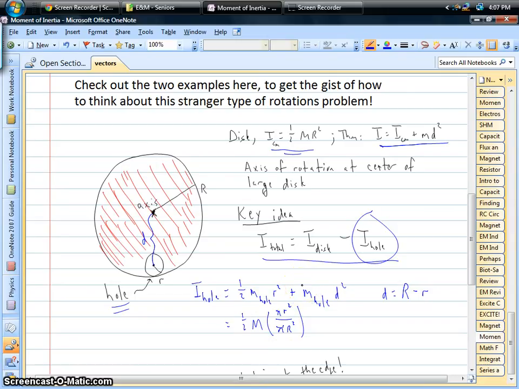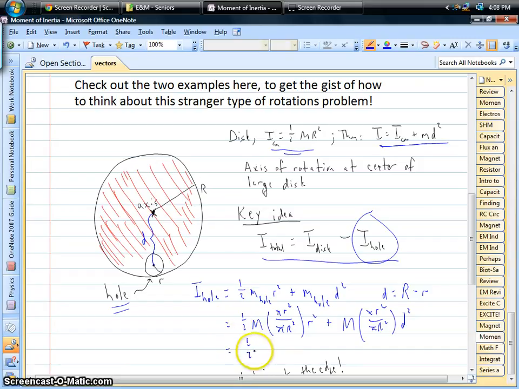Okay? That is the fraction of the total mass of the disk that's missing. And that's going to be multiplied by little r squared for the first term. And then we're going to have the mass of the whole, which is the same quantity, times little d squared. Okay? Well, in the end, we can simplify this down a little bit and say, okay, well,